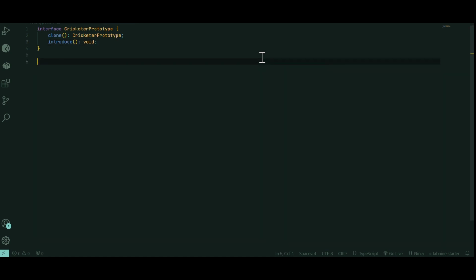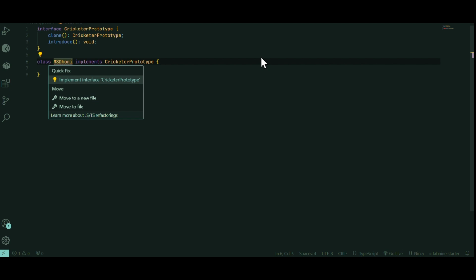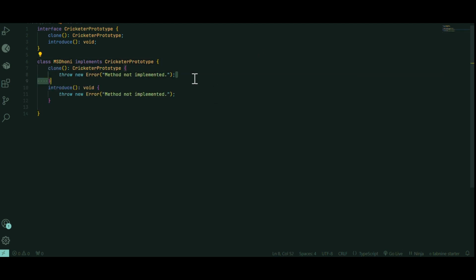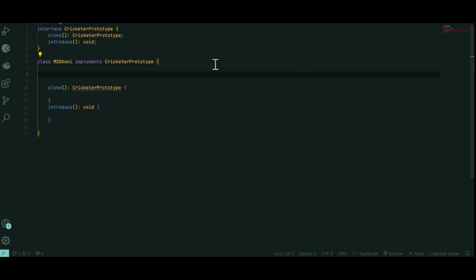So let's now do some implementations of this interface. Let's say class MS Dhoni implements cricketer prototype. And now let me implement this. So a clone method. Before this, what I'm gonna do is I'm gonna create some fields. Let's say private strike rate number,